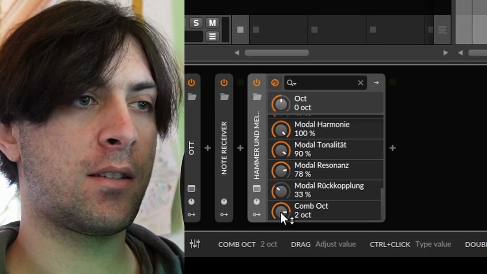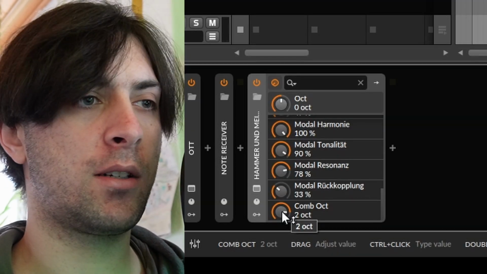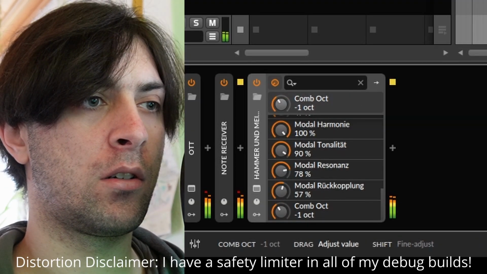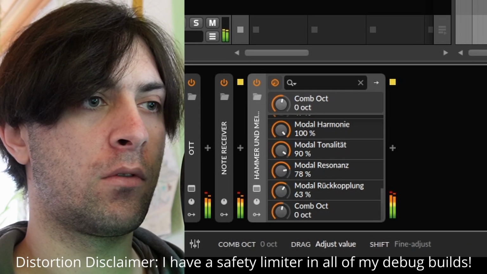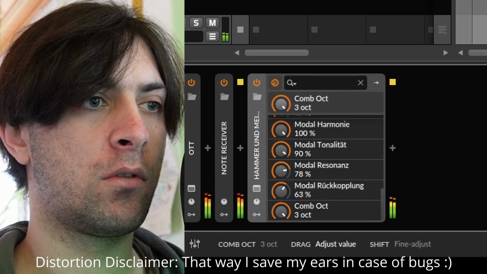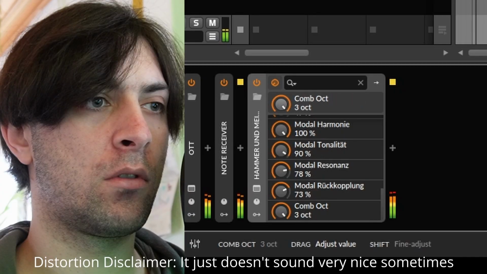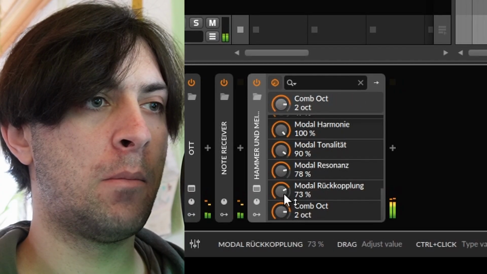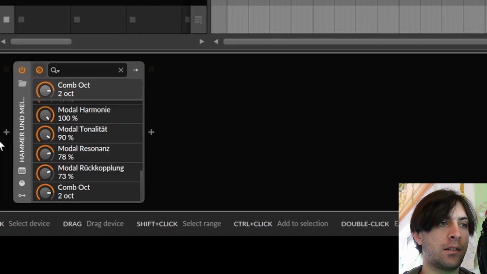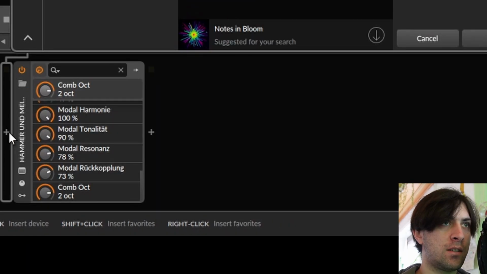We don't have it also affecting the comb filter that comes after the modal filter right now. It has its own transpositional value, which already works. But it's independent of the other one. I don't even know if that's a problem. It could also be a design choice that every module has its own transpositional parameters that are independent of each other. But I do kind of like the way it works here in Bitwig, where you can just instantiate a